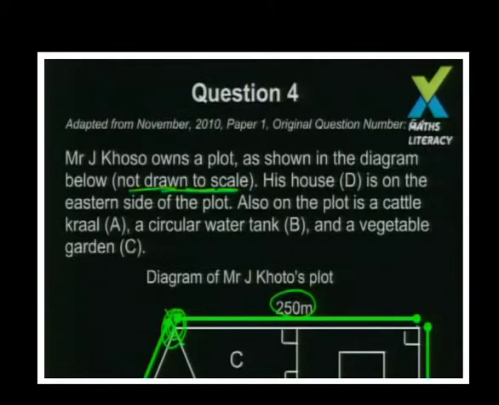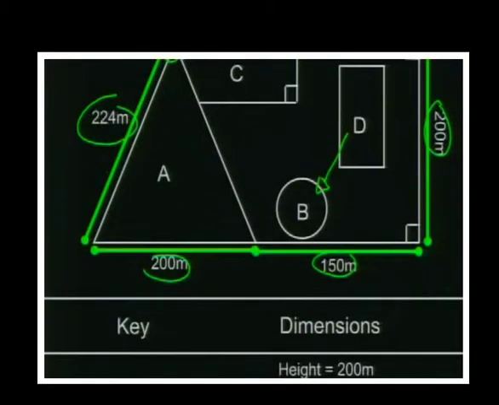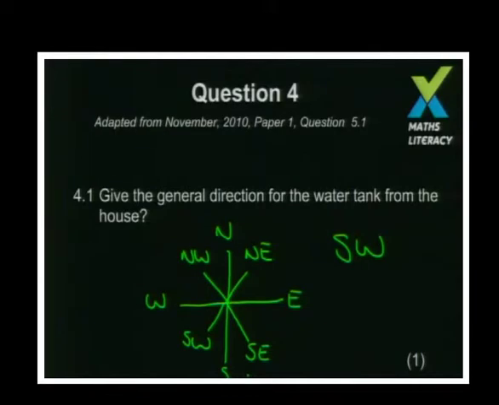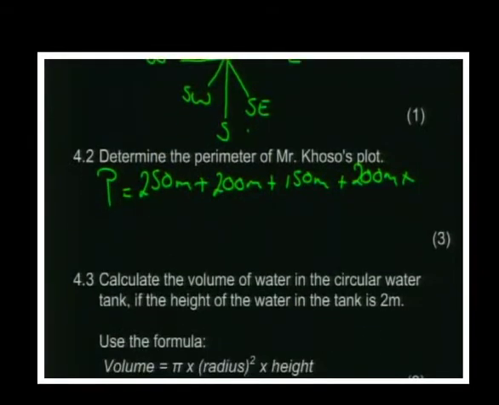Plus, there's one more distance, and that's this distance over here, which is 224 meters. So let's find it, plus 224 meters. Equals,